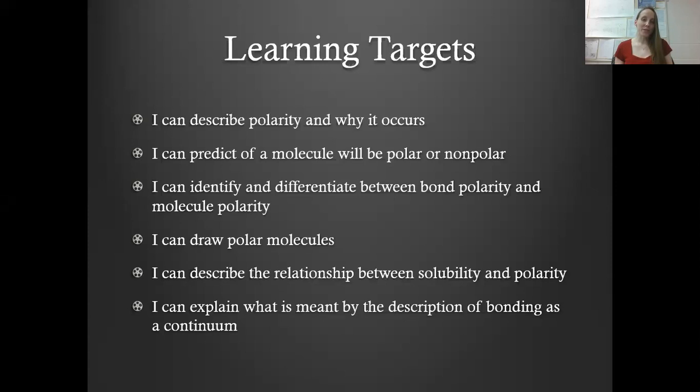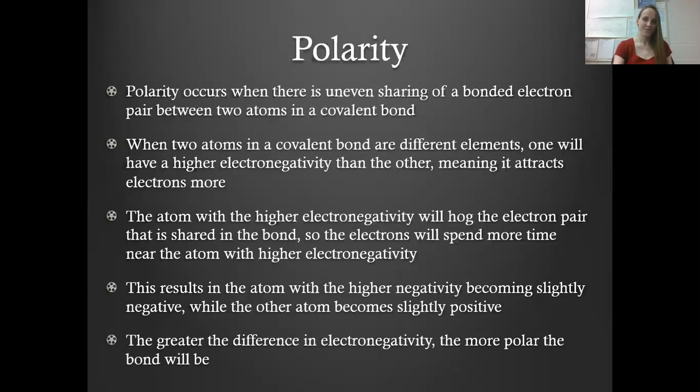You also need to know the difference between bond polarity and molecular polarity. You have to know how we represent polar molecules in diagrams. You also have to know the relationship between solubility and polarity, and what it means when we say bonding is a continuum. So polarity happens when there is an unequal sharing of electrons in a bond between two covalently bonded